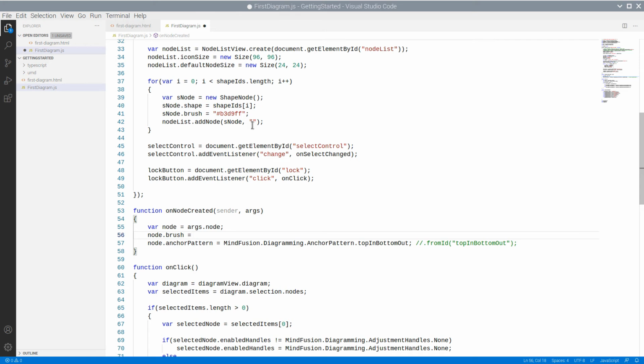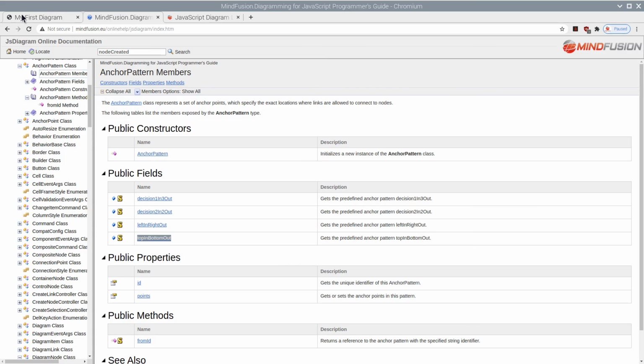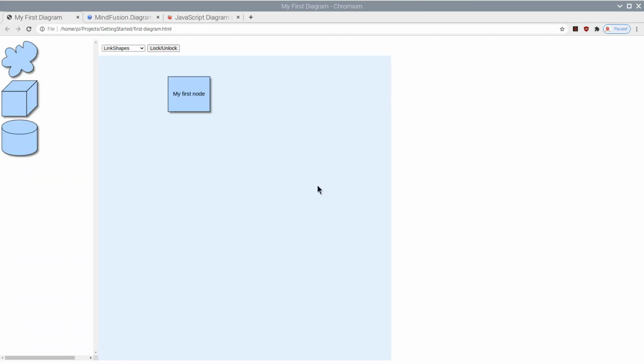Let's change the brush color of newly created nodes to recognize if the event handler is called. Now, as you'll see, when we try to connect nodes, we see only two anchors.